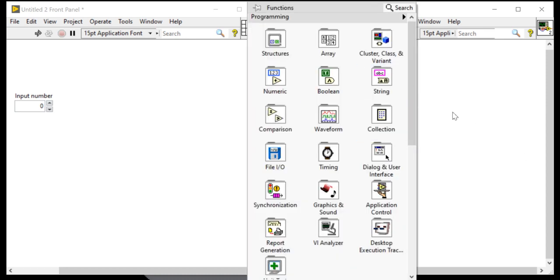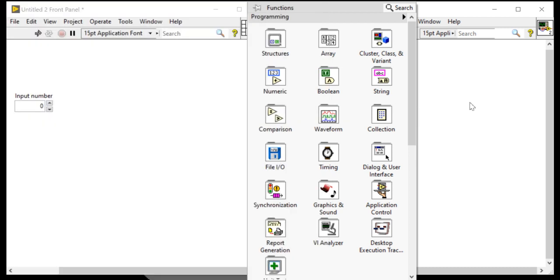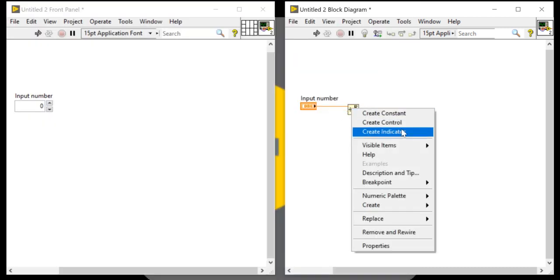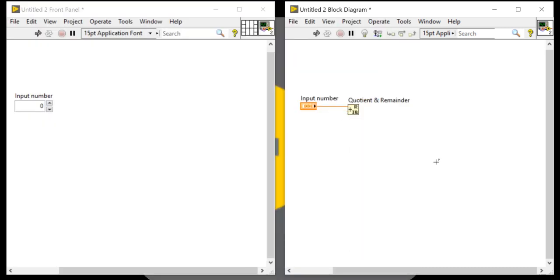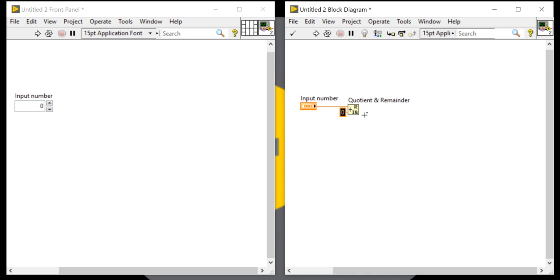To take it, you can come to the numeric. Place it here, then right click and label. After that, right click and create a constant. When you create a constant, you will get the constant options. Now insert 2.